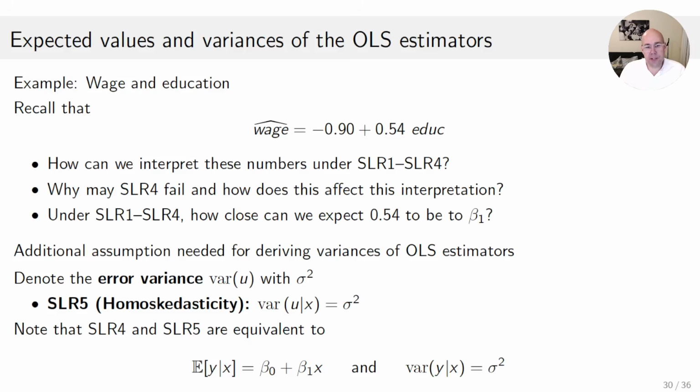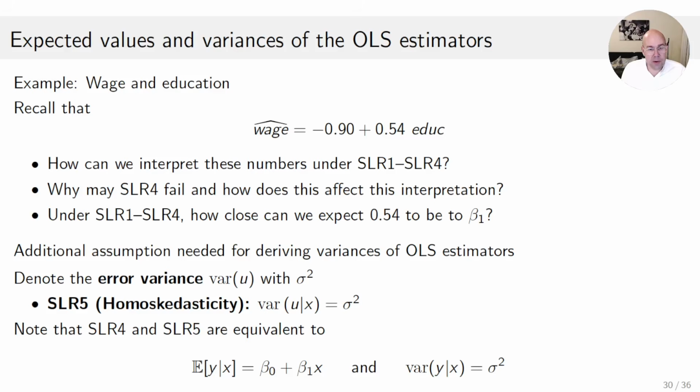Now, the third question is, under these four assumptions, how close can we expect 0.54 to be to beta 1? So 0.54 is beta 1 hat. So far we can't say much about this. What we can say is that if we basically get many random samples, each time estimate beta 1, then on average we're going to be right. But of course, that's not going to help us here, because 0.54 is just one single instance where we calculate